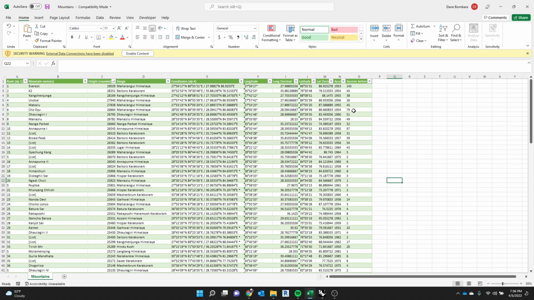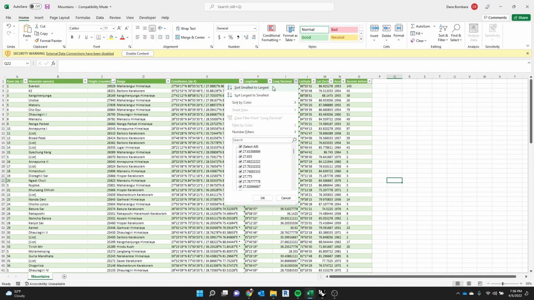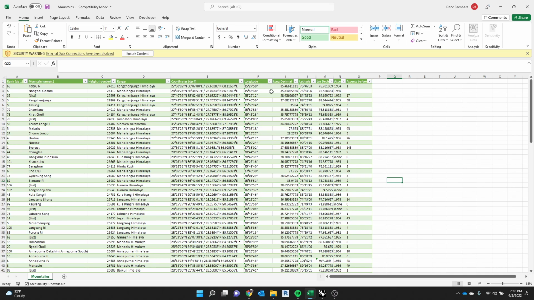Let's say I wanted to order it from, what's that? We could do longitude. So if you open your Excel file, you should have a long decimal column. If I use the little drop down here and do smallest to largest, and then save this file,